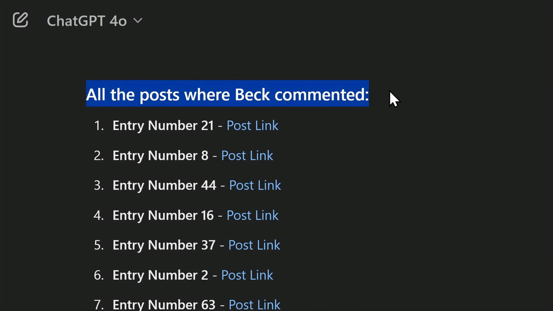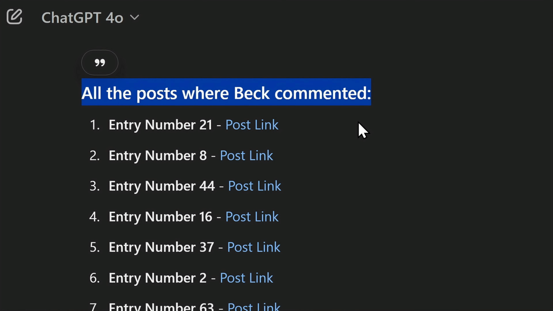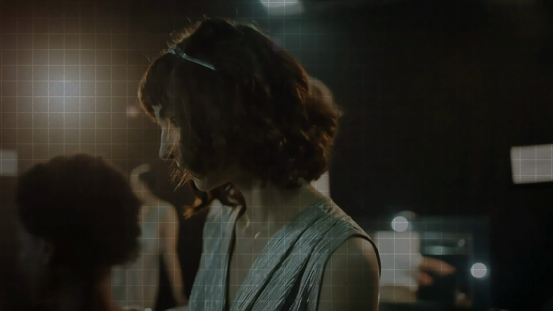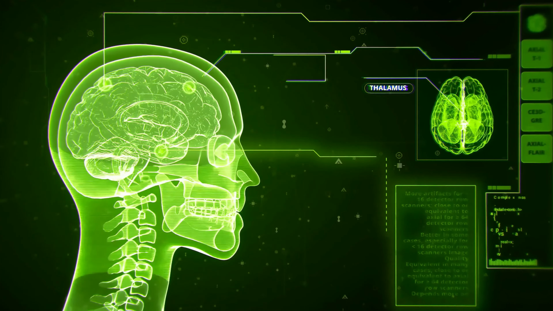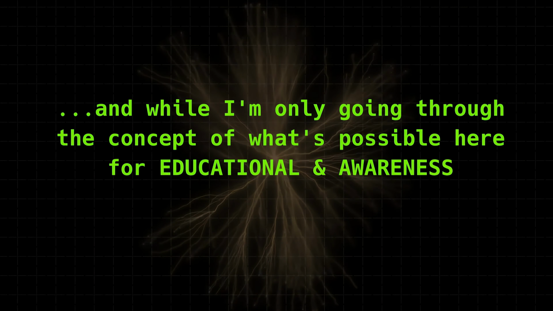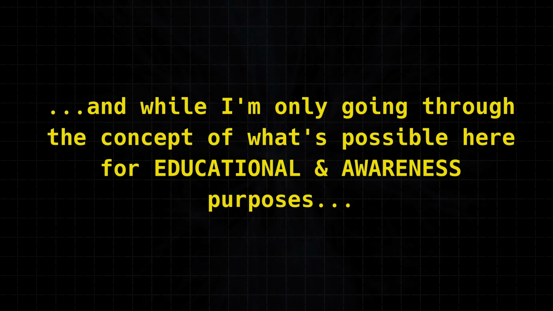The reason why this can be so powerful beyond just searching for certain keywords or tracking down comments, is because a person can also use the data scraped from a profile to perform things like personality analysis or behavior assessment on someone. And while I'm only going through the concept of what's possible here for educational and awareness purposes,